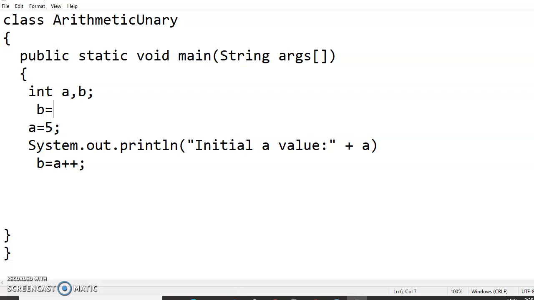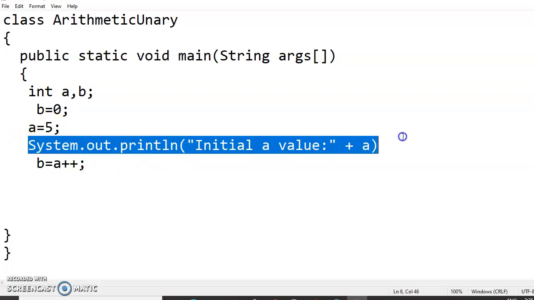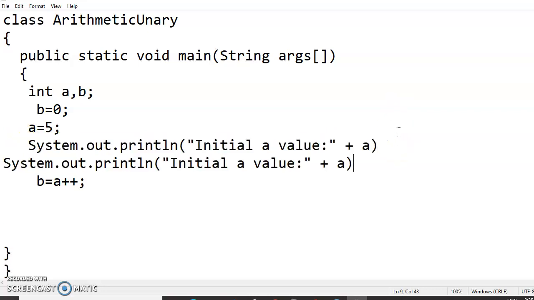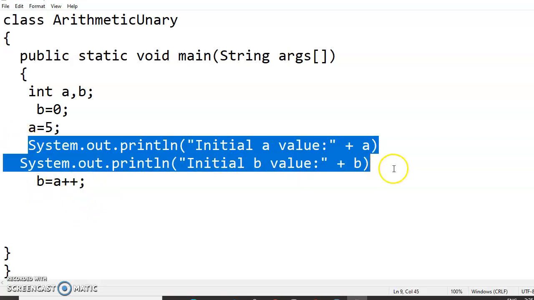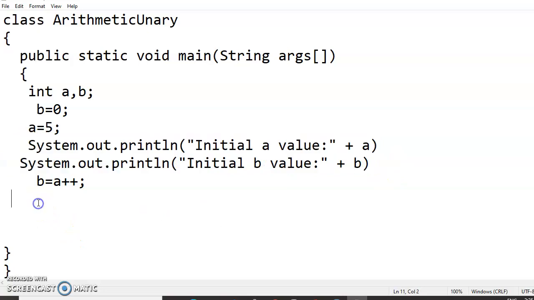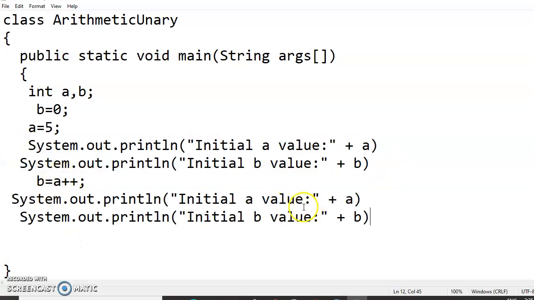Let me take b is equal to c initially. Let me type here initial value. In order to know what's happening after each operation, I am doing all this. So a plus plus.